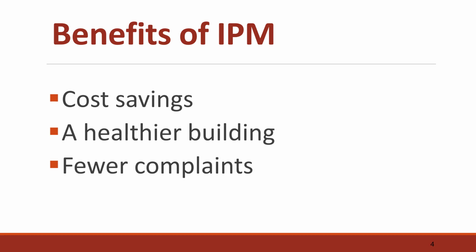Fewer complaints. Work orders will increase at first, since residents and staff will be encouraged to use the work order system. But when repairs have been made for prevention, there will be fewer work orders than ever. A Boston Housing Authority development reduced cockroach work orders by 68% after only 1 year of IPM. Fewer pests. IPM results in longer-lasting control aimed at preventing pests, so we can stop infestations from growing and spreading disease. 100% elimination of the priority pests, cockroaches, rodents, and bedbugs,